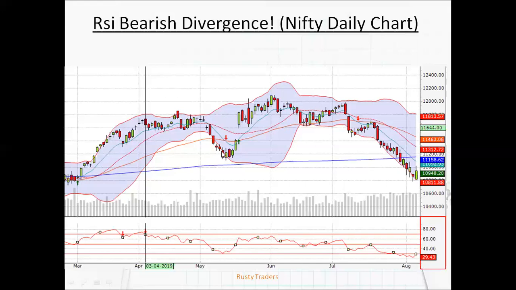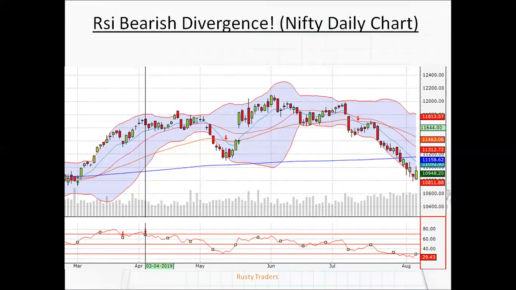So if you see, this divergence is a beautiful signal for all the traders. If you would have been able to understand that this is a divergence that is happening, you would have been able to make use of it on the short side and capture around 700 points on the Nifty. Again, this is a positional trade from this to this level. It touched 30 and I would have closed my positions here.